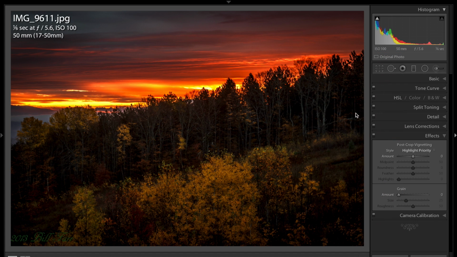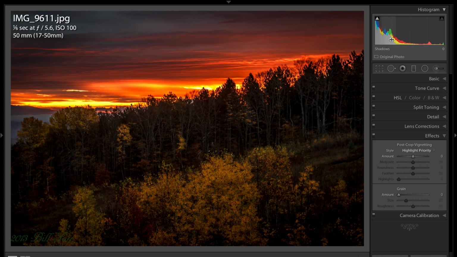Now in this case, as I mentioned, this one's a little dark. If I go over the histogram, you can see how the histogram's way up here against the left hand side. That means there's a lot of dark in here. Now some shots are going to have a lot of dark. If you're taking a picture of a dark spooky hallway and there's a ghost at the end, of course it's going to be really lined up over